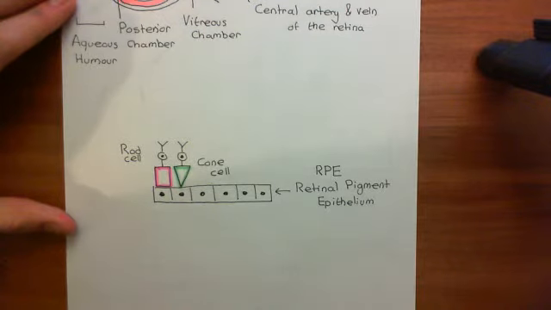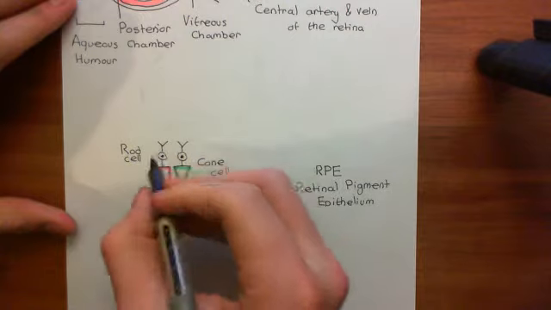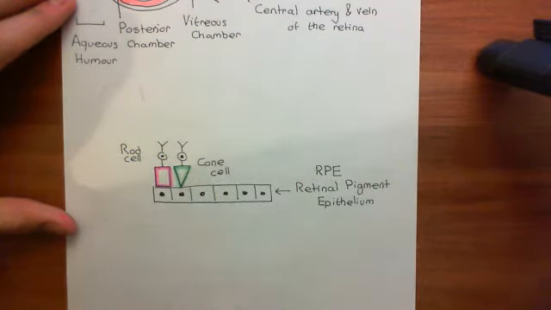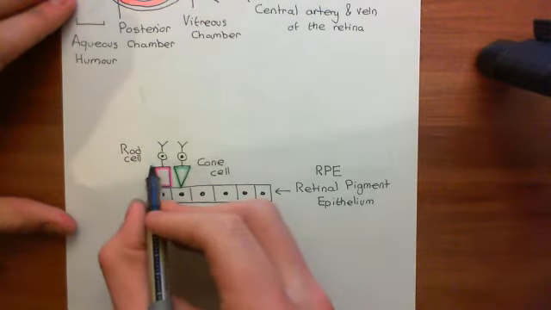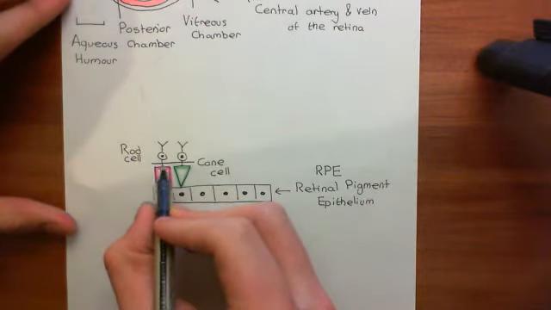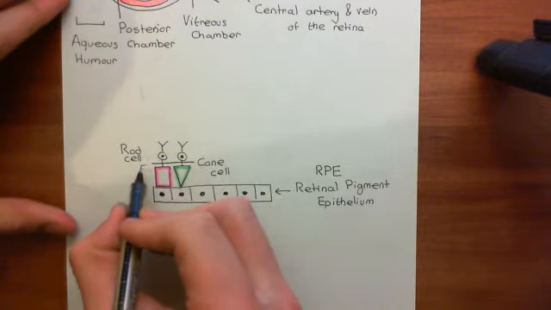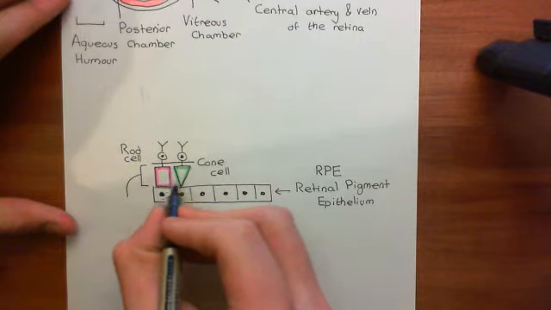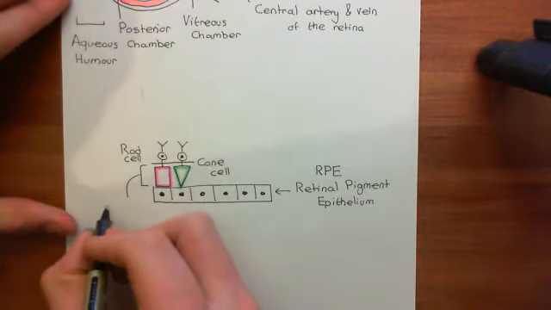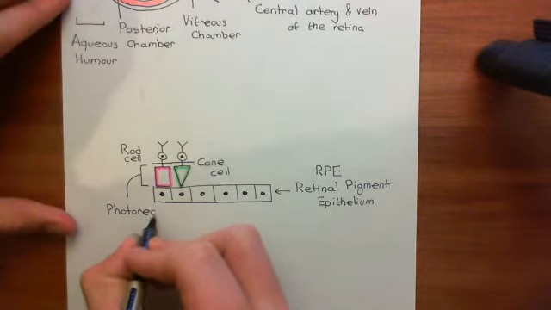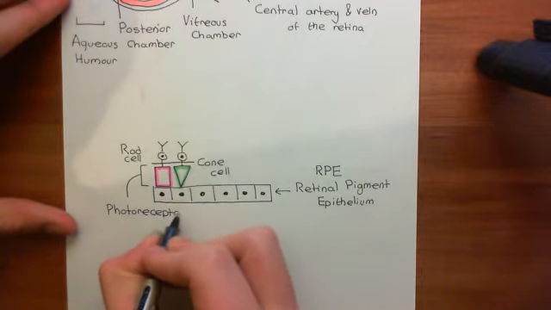Okay, right. Now what's going to happen is these two photoreceptors are going to transfer their message, their signal, onto the next neuron along. But before we discuss that, I want to discuss a membrane that you have that is sitting here between the photoreceptor layer down here. So this portion, which contains the actual rods and the actual cones, the rod cells and the cone cells, this is known as the photoreceptor layer of the retina, and it's sitting just on top of the retinal pigment